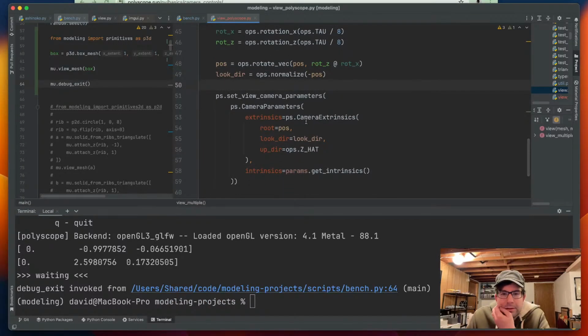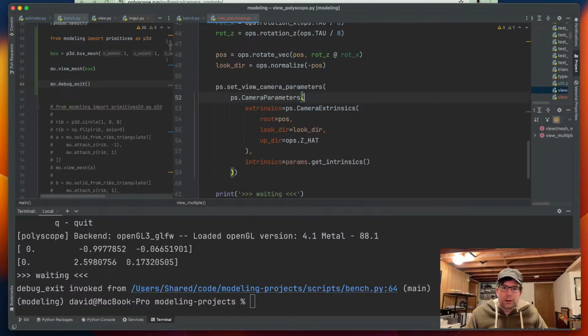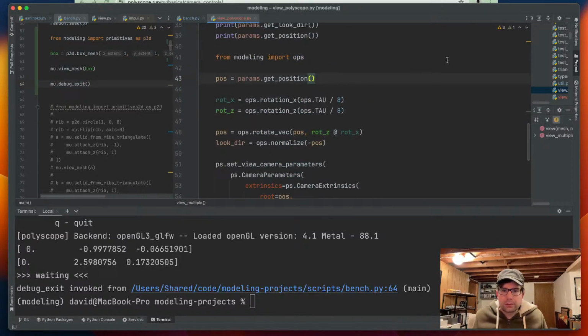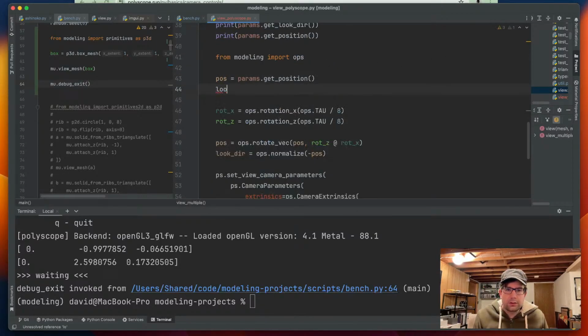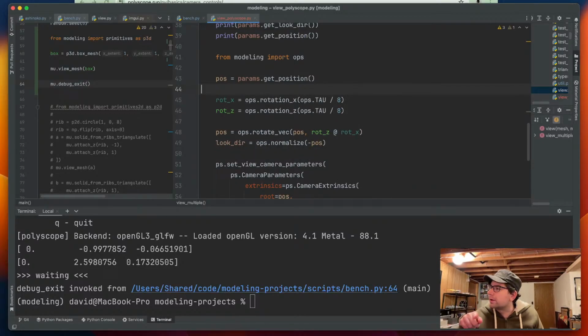Oh, and you know what I can do, this is what I want. I want to rotate around where it's looking at. So let's get, oh, no, I don't actually know what the point is it's looking at. I just know the look direction. Okay, so we'll come back to this. I might have to write some of my own logic for this, but overall,